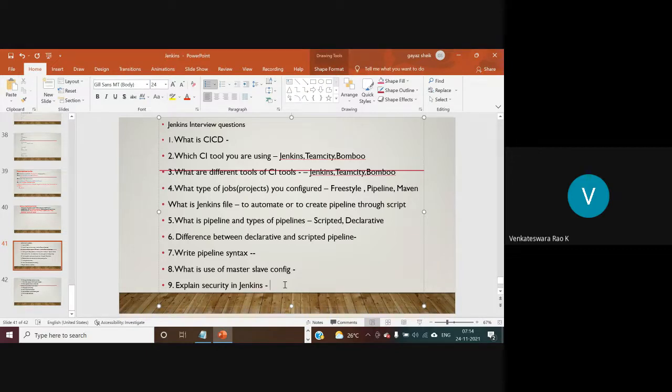I think yesterday only we discussed this thing. In Jenkins, the different ways of providing security are matrix based security and project based security. Through these options, in the global settings, we can secure our Jenkins server.